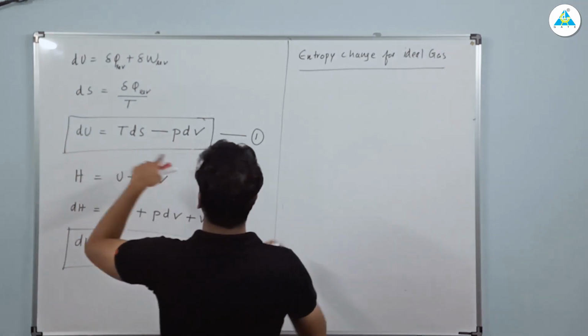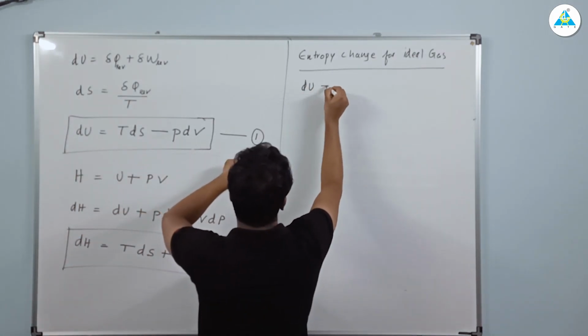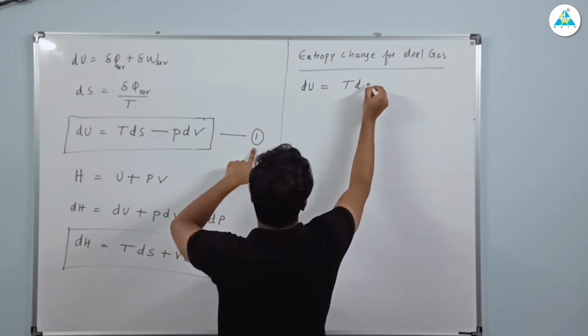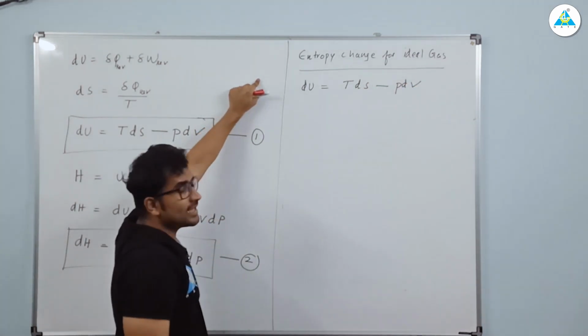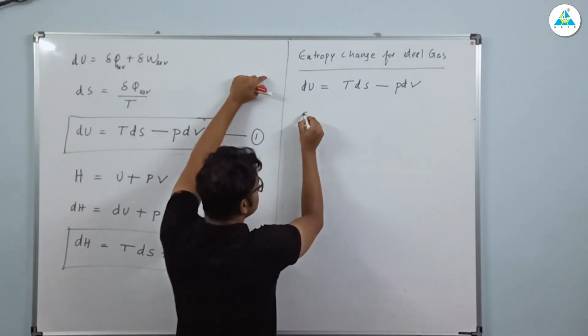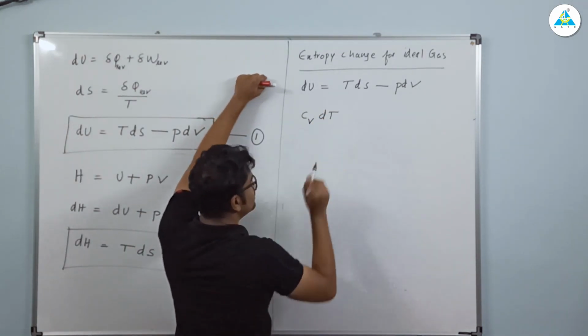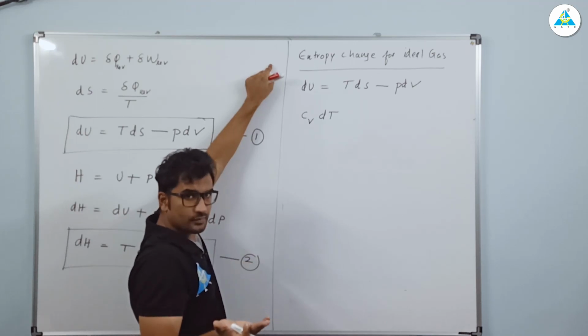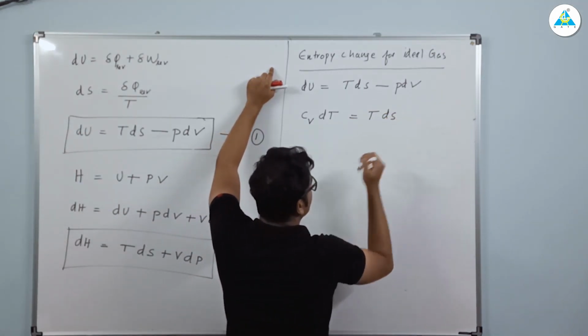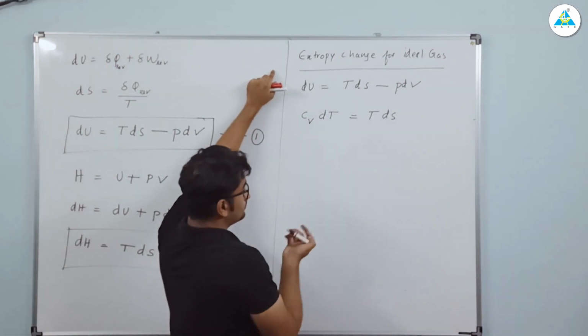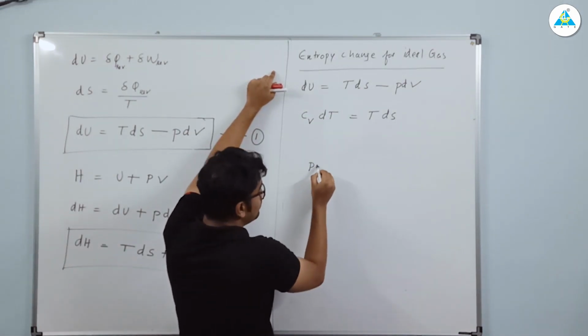So first of all, using this equation, we will try to make an equation. We are starting with dU equal to TdS minus PdV. For an ideal gas, what is dU? dU is Cv dT, equal to TdS minus PdV. What is the ideal gas equation? PV is equal to